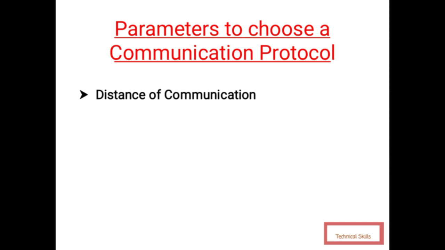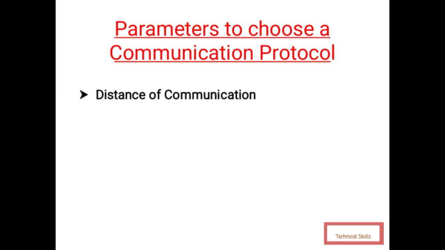So let's take an example to understand this. For example, if I want to transfer a data from PC to PLC, we can use RS-232 cable, as the distance of communication is not much. We can take our laptop near PLC, and there we can download our program to PLC with the help of RS-232 cable.